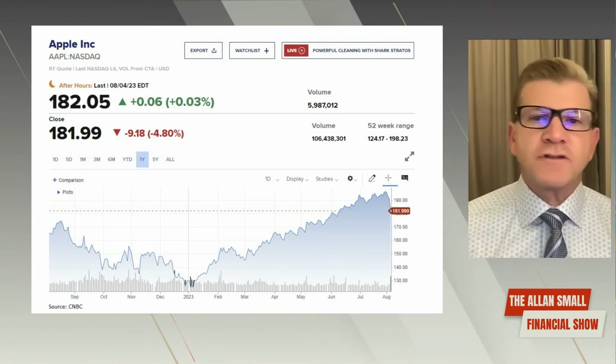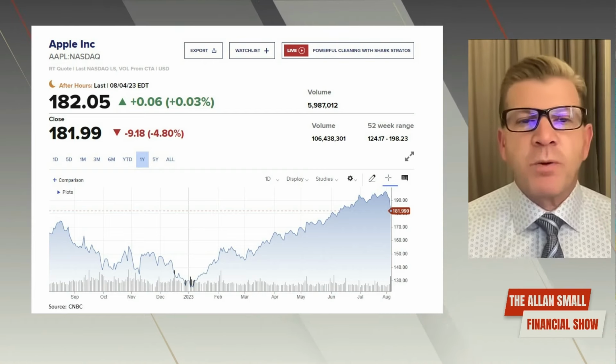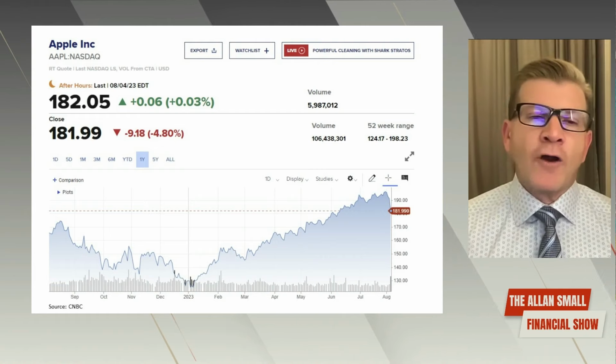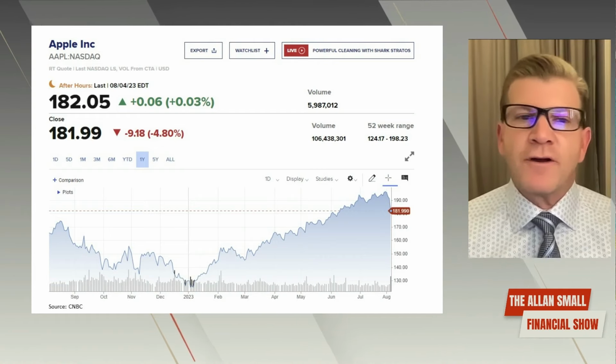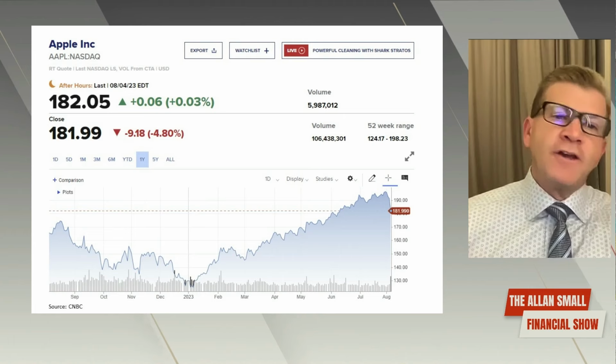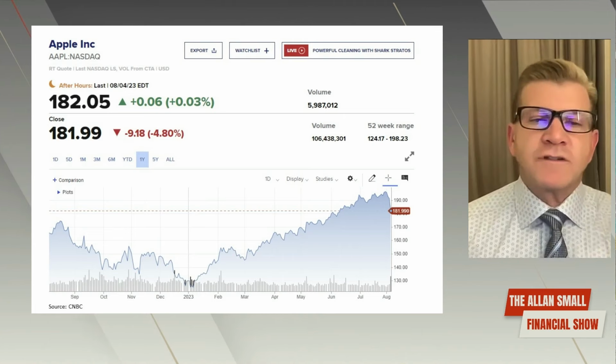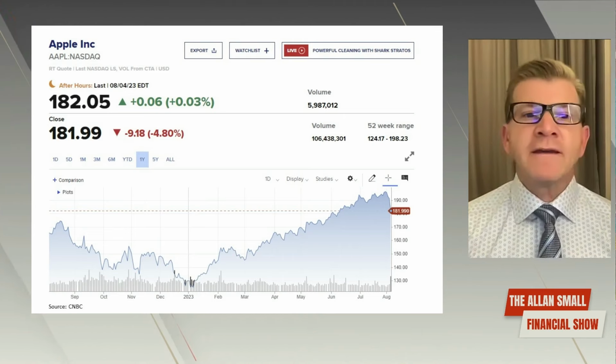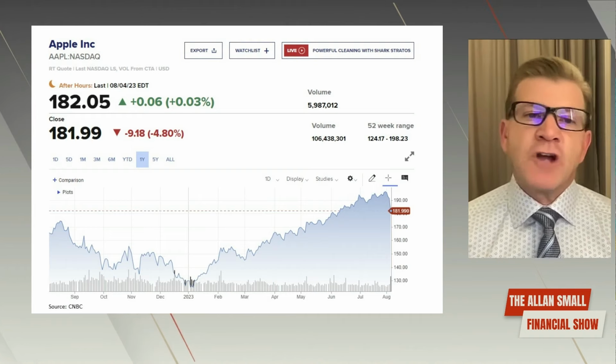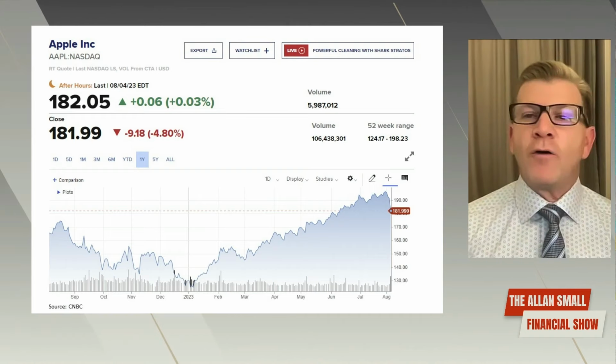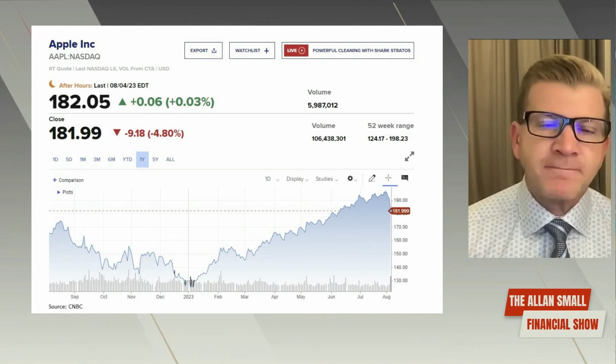It has a lot of services, the iWatch, and many of the products that it offers today are now really starting to factor into their earnings. And so here you could see, I believe this chart was taken at the end of last week, and you could see that the stock had a rough day. It was down just under 5%.